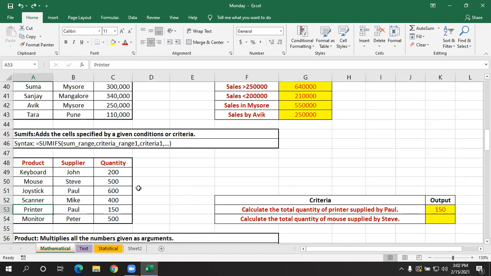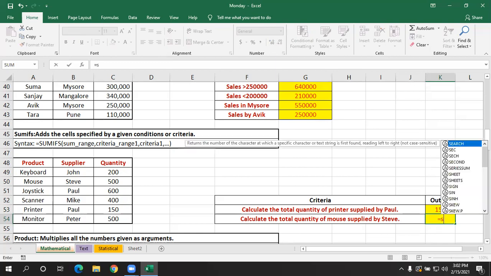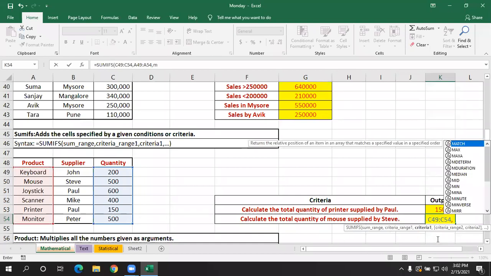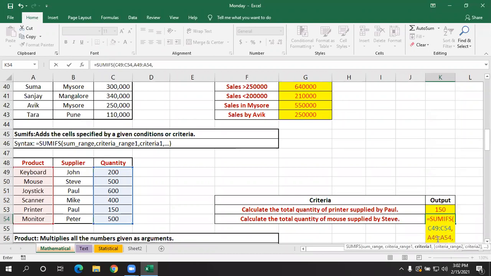Okay. Next, same type of criteria here also. Calculate the total quantity of mouse supplied by Steve. Give equals SUMIFS. Sum range will be what? Quantity, comma. Criteria range 1 will be the product column. Here it should match with which product? That is mouse. The item name we have to give is mouse.